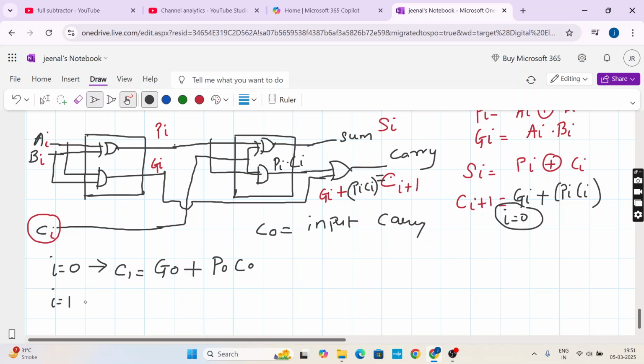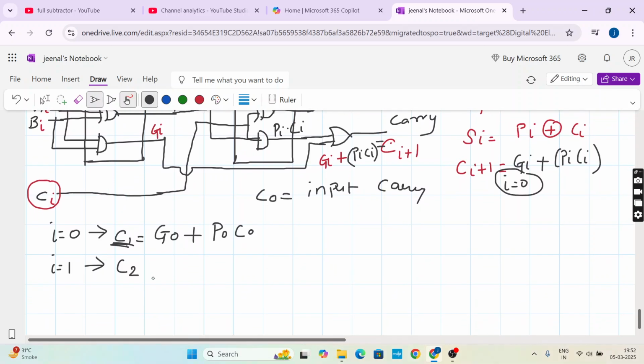Let's put i is equal to 1. I will get my C2. So what I'm doing here is writing this new carry in terms of the old carry. Once I have this first carry, then it is easy to calculate all the other carries and then they will get added to the sum. And we do not have to wait for those intermediate carries to propagate forward, right? So now i equal to 1, from which I can calculate C2. C2 is nothing but